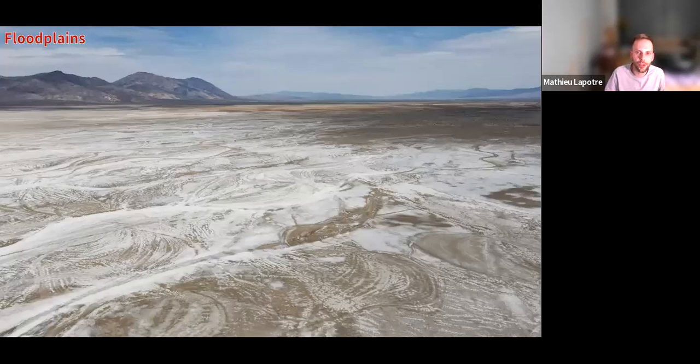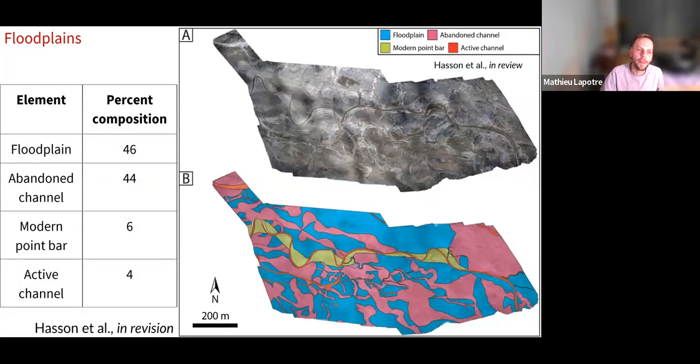You've already seen a few pictures to get a better sense of the organization of the floodplain and map the floodplain. Notably, this is a mosaic of all of our drone imagery of the floodplain with the main channel and one of those systems. We found that abandoned channel deposits make up almost 50% of the modern surface, which is surprising from a relatively small stream that would normally be thought to migrate relatively slowly in relation to the rate at which it aggrades vertically.